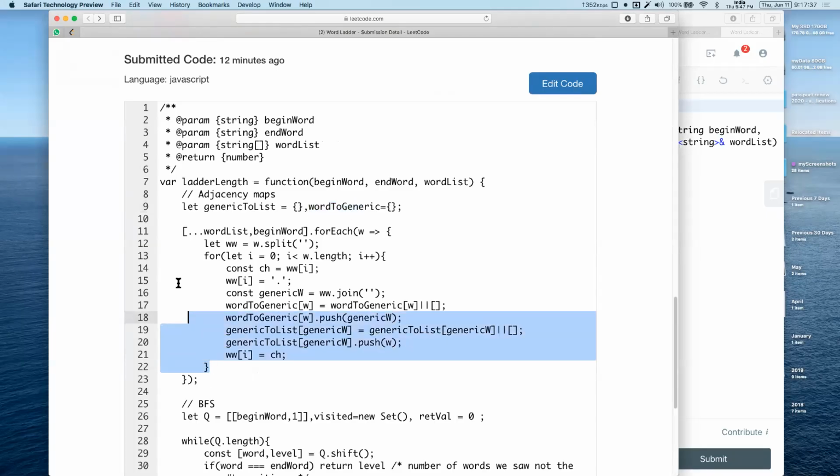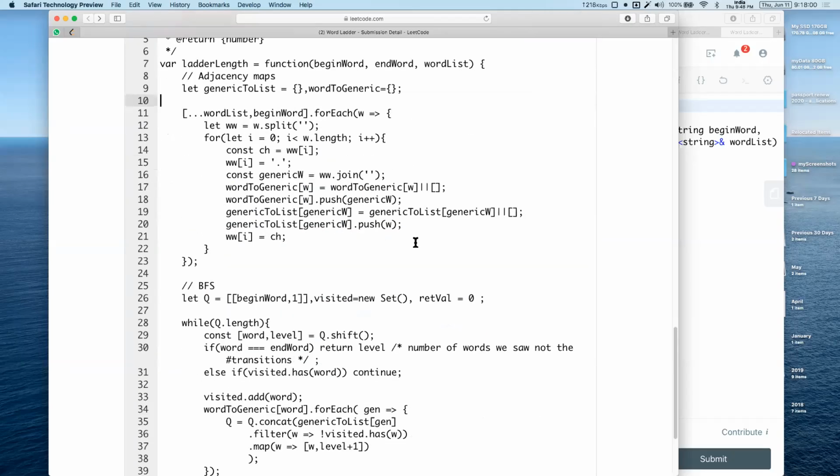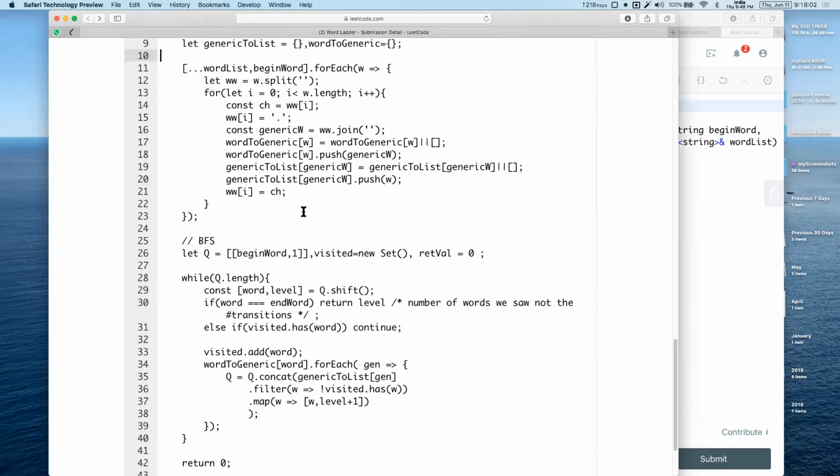This portion of the code is going through the whole word list, including the beginning word, and populating these 2 data structures. One is word to generic: given a concrete word in the word list, its generics. And then for each generic, what are the words it is mapping to?